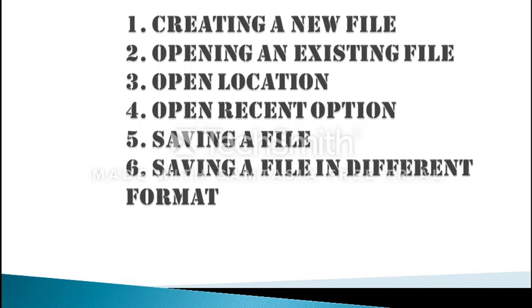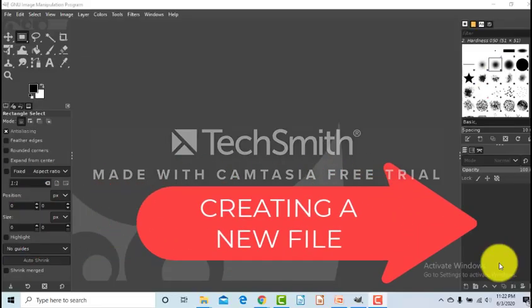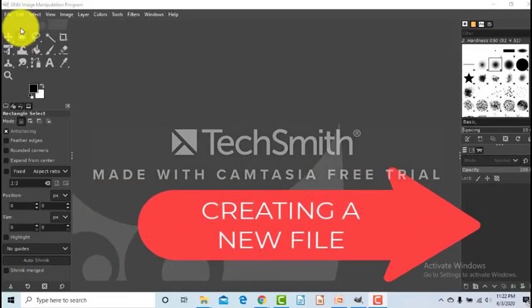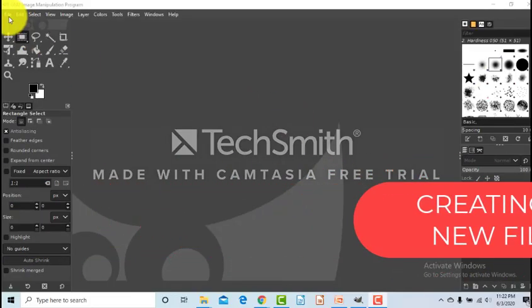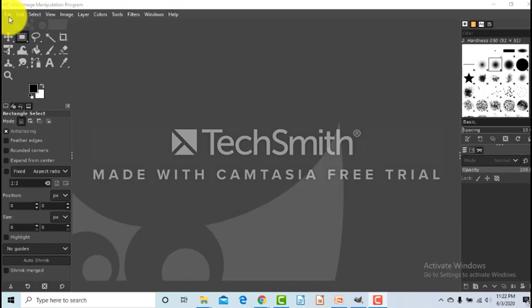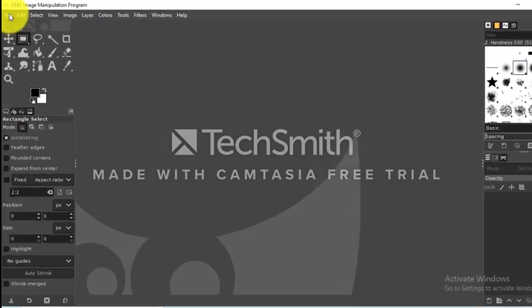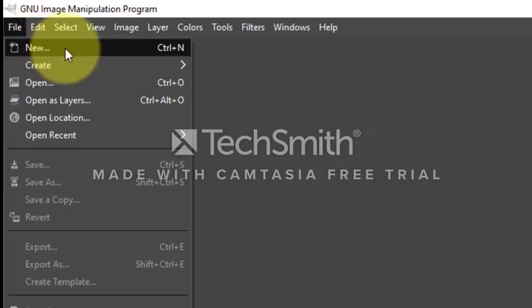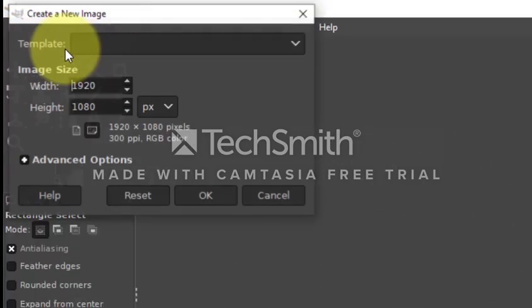First operation that we will see is creating a new file. New option of file menu is used to create a new file. The steps to create a new file are: select new option from the file menu. The create a new image dialog box appears.